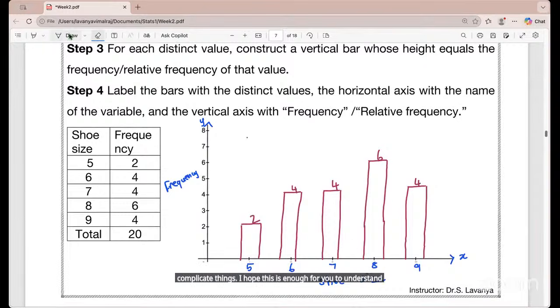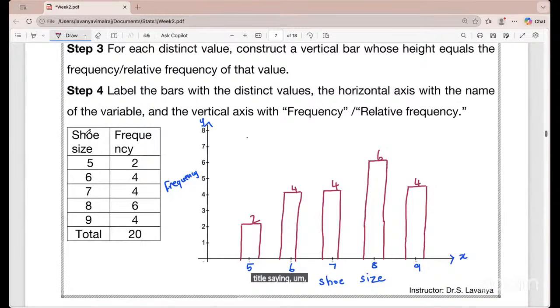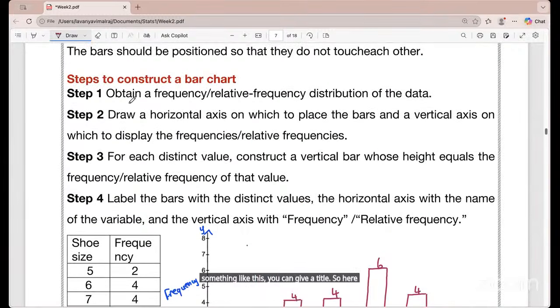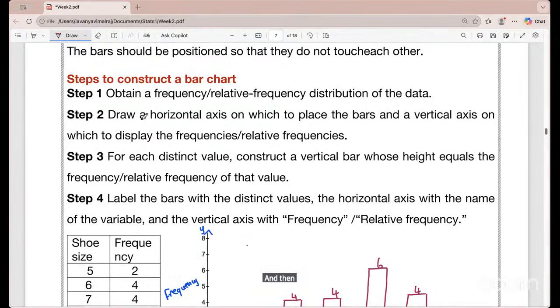Of course, any chart should have a title, so maybe you should have a title saying the number of shoes bought based on the sizes of the shoe, something like this. You can give a title. So here you see, first you obtain a frequency or relative frequency table, and then in the horizontal axis,